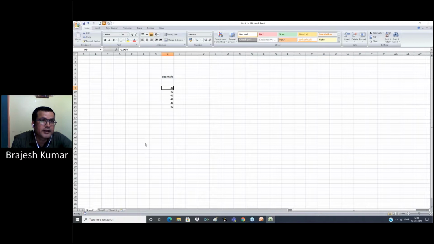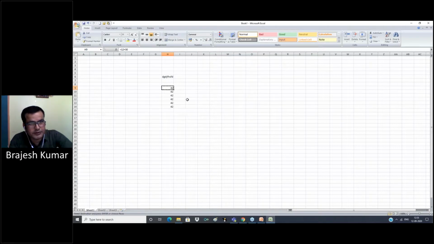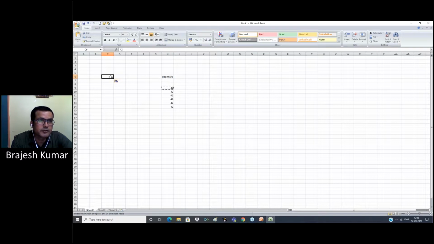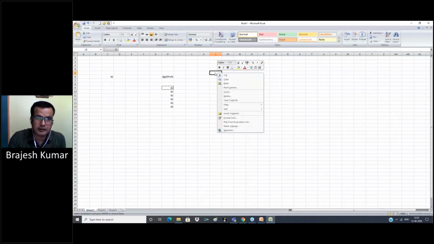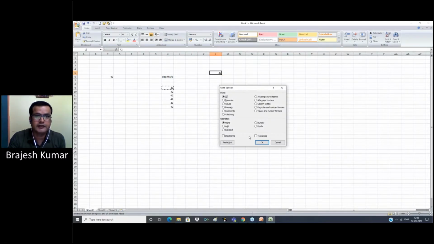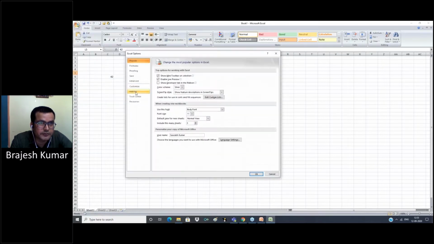Now we can click here and open any workbook, and after copy we can paste special. Click here and okay, use paste special by clicking there. No need to right click, go to paste special and then choose value. Directly choose that, and value. Okay. So the quick access toolbar you can customize from Excel option.